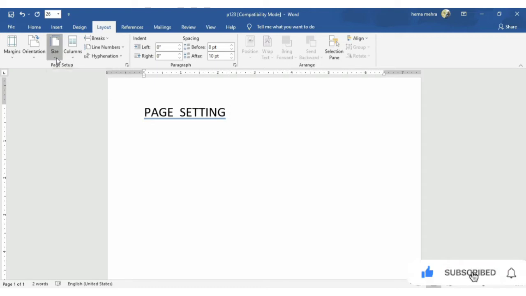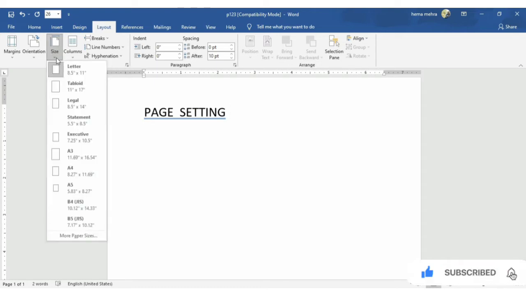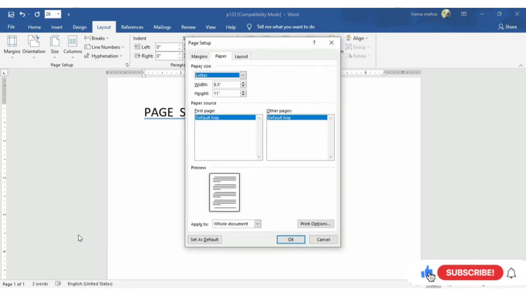Select the predefined page size from the size drop down list and you can find these pre-designed page sizes. According to your content, we can change a page into letter, legal, statement, executive, A3, A4, A5, B5, B4, and there are more settings.